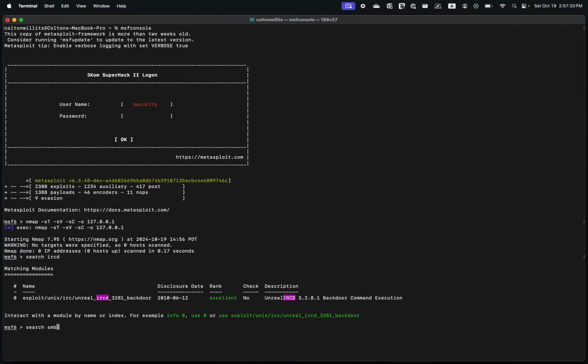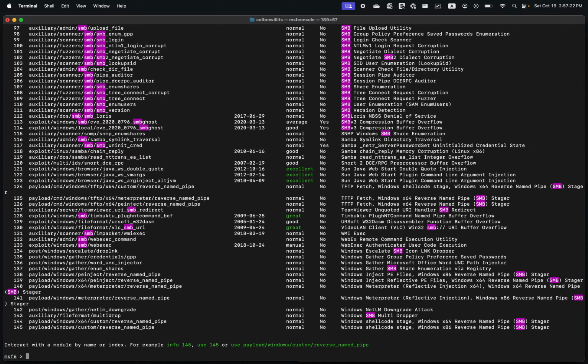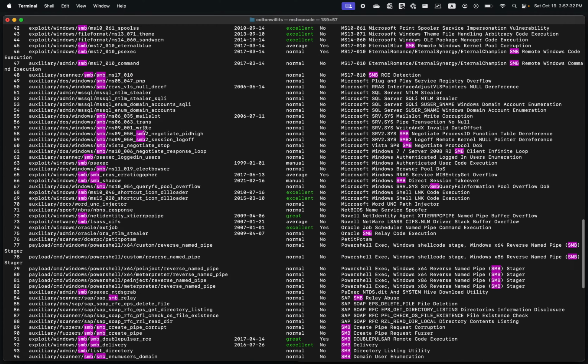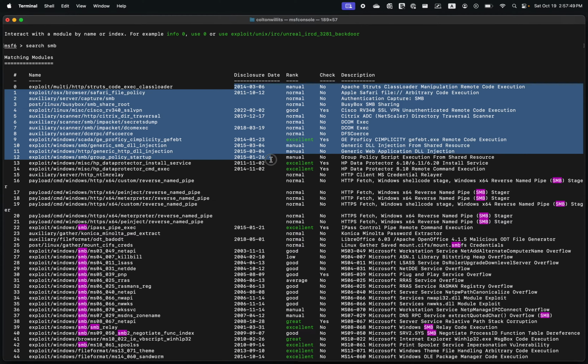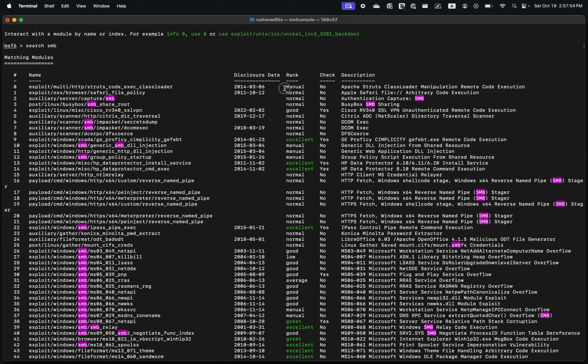If we do search SMB, right, you get all these different things. SMB is used across both Mac, Linux, Windows, so on and so forth. So you'll see a lot of these different ones in here. They'll either say exploit, auxiliary, post exploit, auxiliary again, payload, what's being sent, the disclosure date, essentially when it was put out there publicly, and then there's